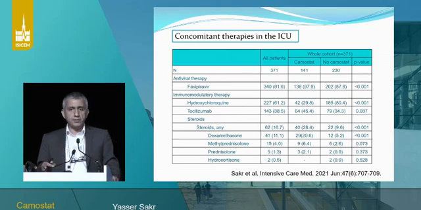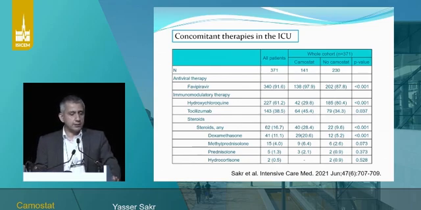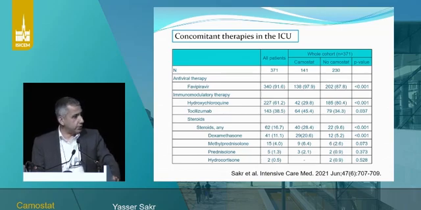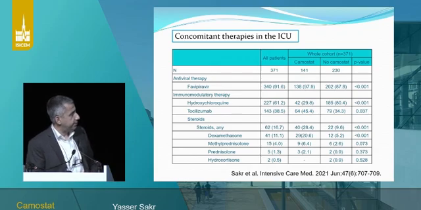Some of these patients received Camostat therapy and others did not, so it's not really a randomized trial. But it's worthwhile to look at this sort of data in the absence of large randomized controlled trials, to try to understand whether some compounds would work and in which subgroups these medications would work and exert beneficial effects in patients with COVID. So in this cohort, as you can see, most of the patients received some sort of antiviral treatment, mostly favipiravir.